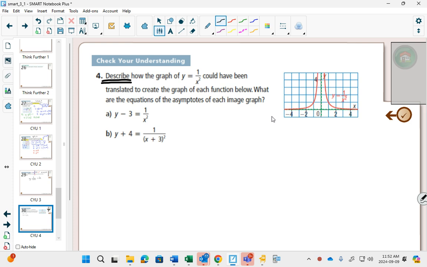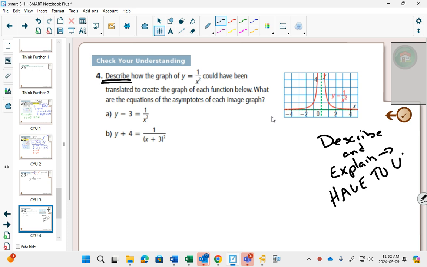And there are some keywords that we have to teach you to get you ready for the exam. 2 of those keywords are describe and the other one is explain. And you have to use words